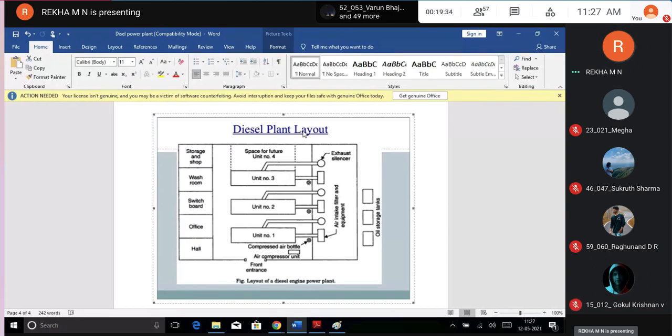Yeah. So as I told, it's not only engine oil. I can tell the fuel, lubricating oil, whatever coolant you're going to use, that should be constantly monitored. If you keep on monitoring the temperature or the electrical load, then you will get to know, yes, I need to change the lubricating oil, or I need to change the fuel oil. It depends. Whatever requires to be refilled again, it has to be done.